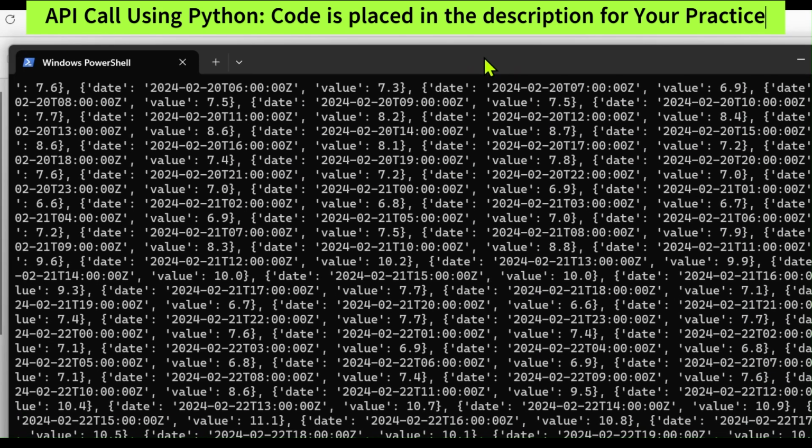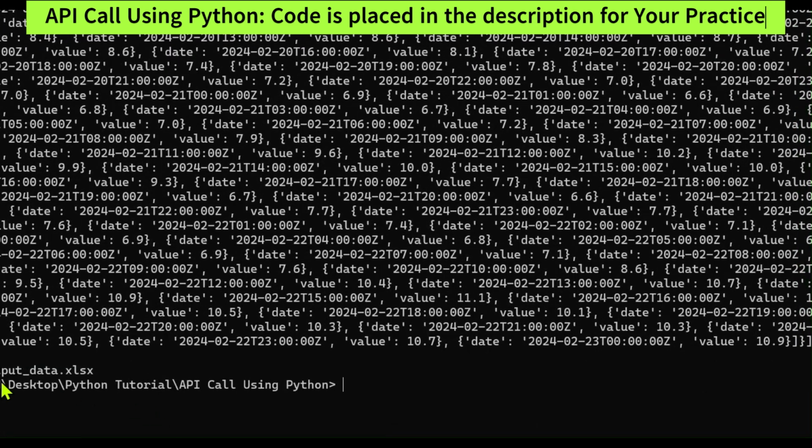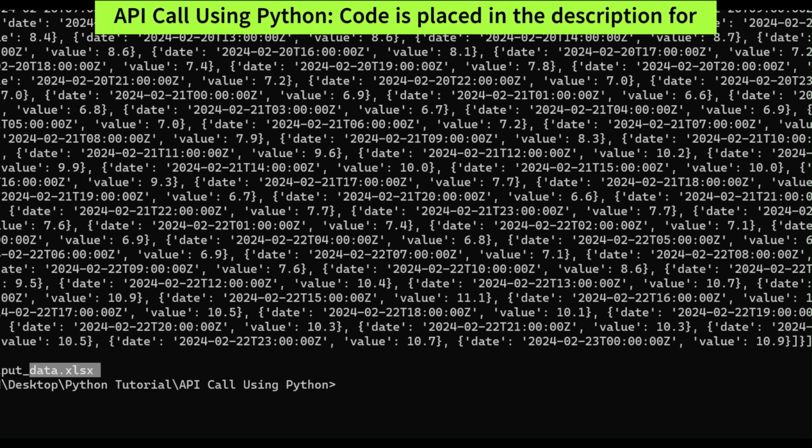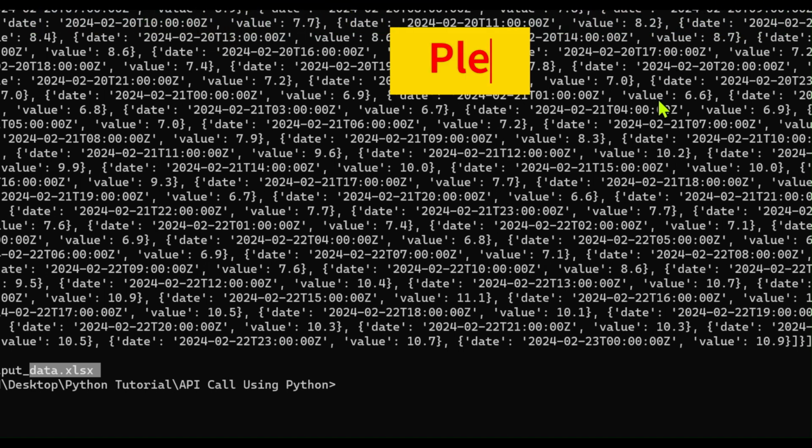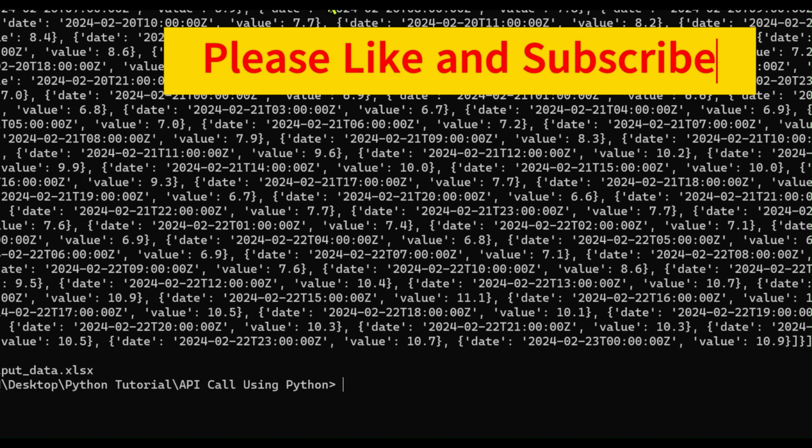This data, as I said, will be saved in the output file. So we can now go to the output file and see whether the data has been saved or not. The output file is basically in our local. So let's see if it is saved or not. We can see the output file